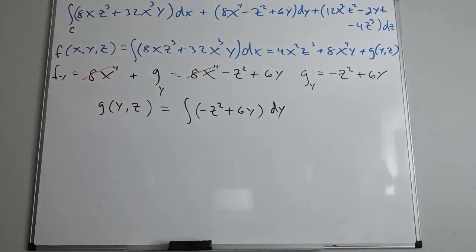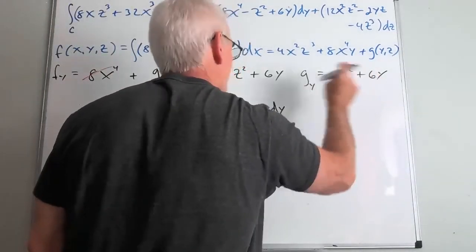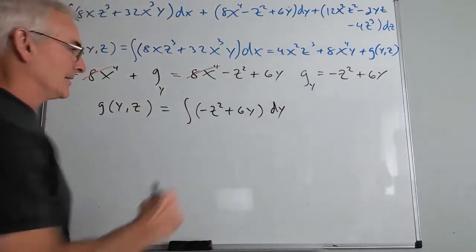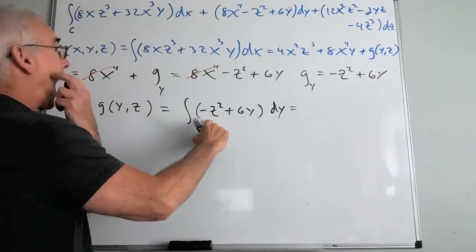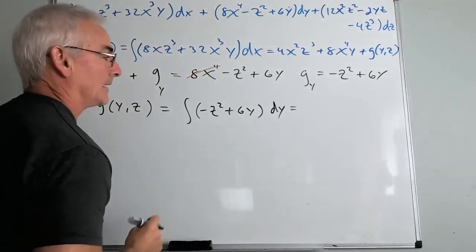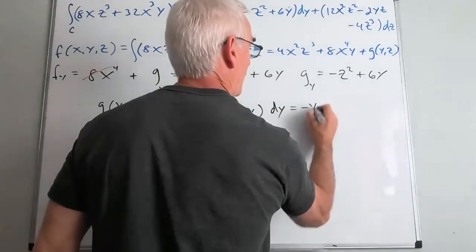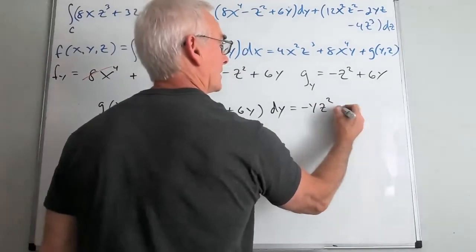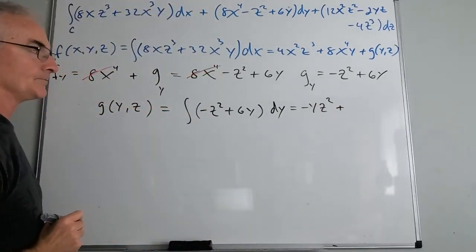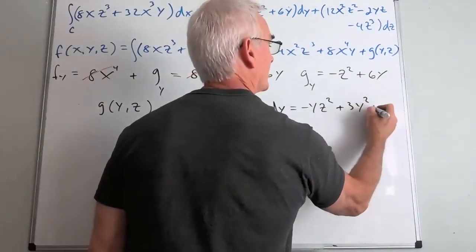Okay. So g of y z is this stuff integrated with respect to y. If I integrate this with respect to z, then this wouldn't have been the partial with respect to y. So this will be what? With respect to y, what will this give me? Technically, that's a constant, right? Negative y. Y, good. Negative y z squared. With respect to y, what will that be? 3y squared. 3y squared, and then